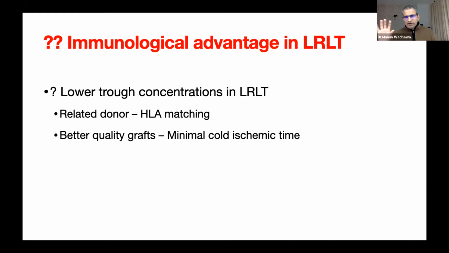This is something again which we need to remember as a LRLT unit. Across India, LRLTs are more common than deceased donor transplants. Law permits us to use only related donors. The trough concentrations required, the level of immunosuppression required in a related donor, is much less. Evidence comes from twin studies. If you have a twin transplanted, you actually need no immunosuppression. The more the HLA matching, the less is the immunosuppression required. So biologically related donors,